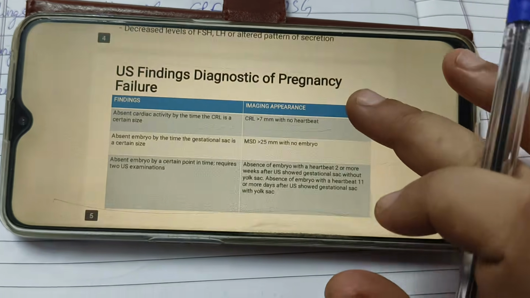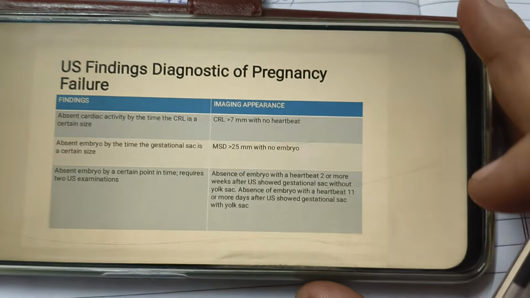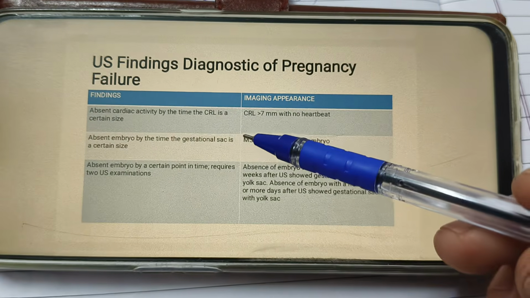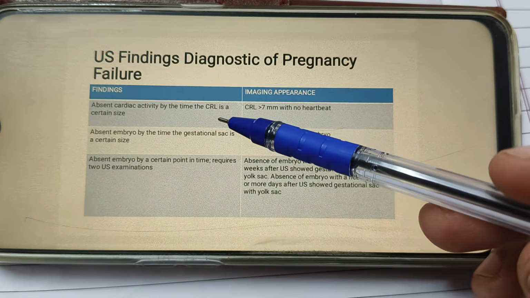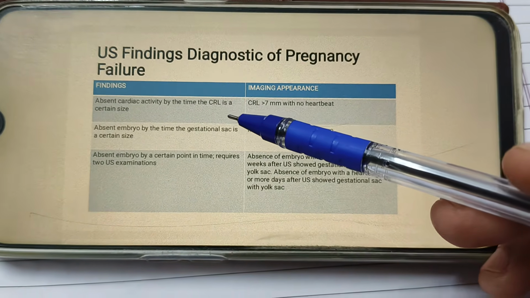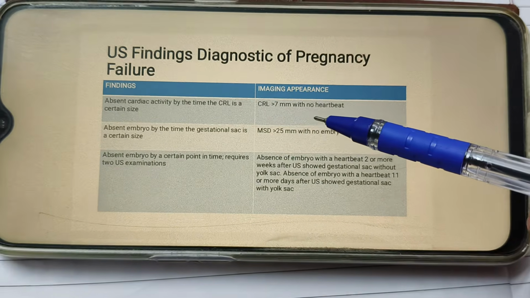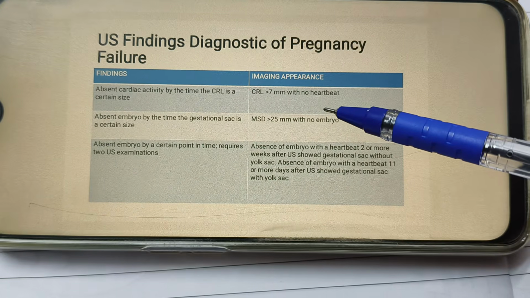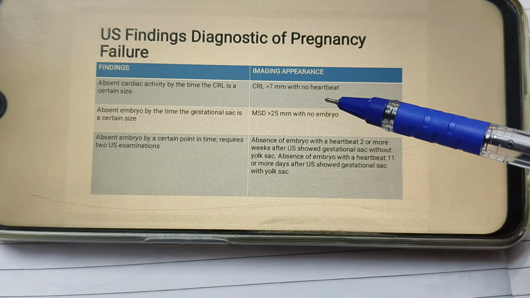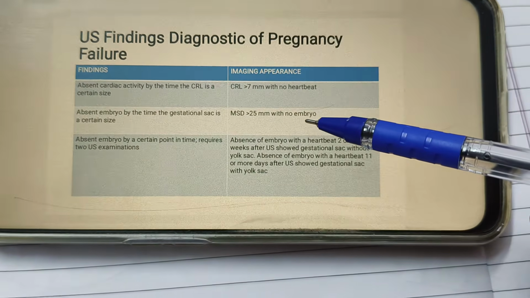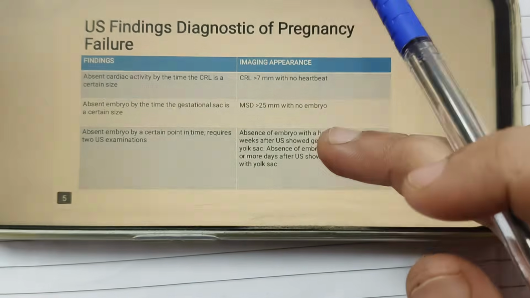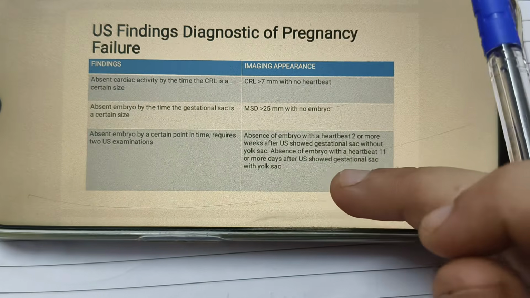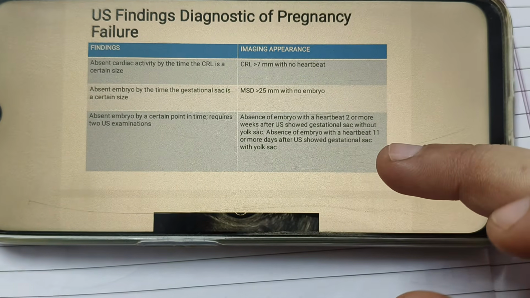Now we come to the findings which are diagnostic of early pregnancy failure, which are on ultrasound. So first finding is absent cardiac activity by the time crown rump length is more than 7 millimeters. So first thing is either crown rump length is more than 7 millimeter with no heartbeat. Second thing, mean sac diameter of gestation sac is more than 25 mm but fetal pole is not seen. Third finding can be